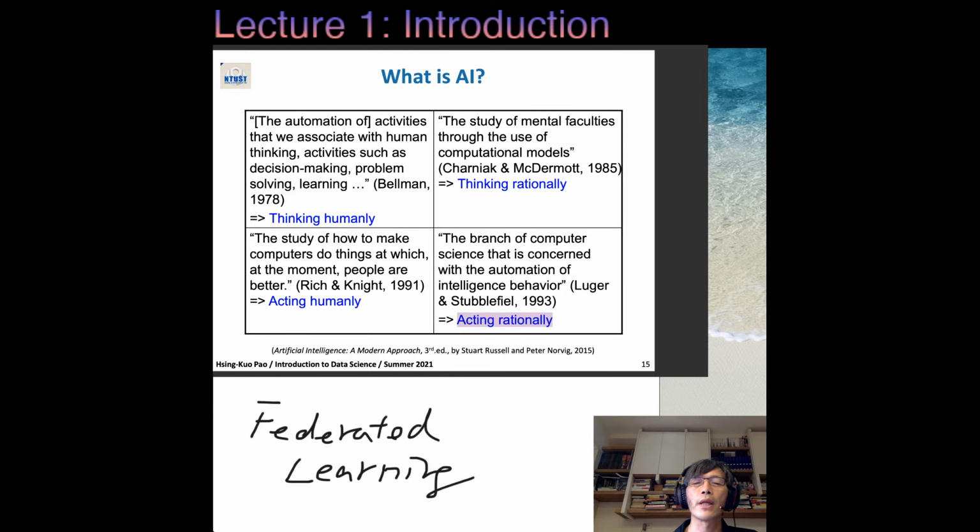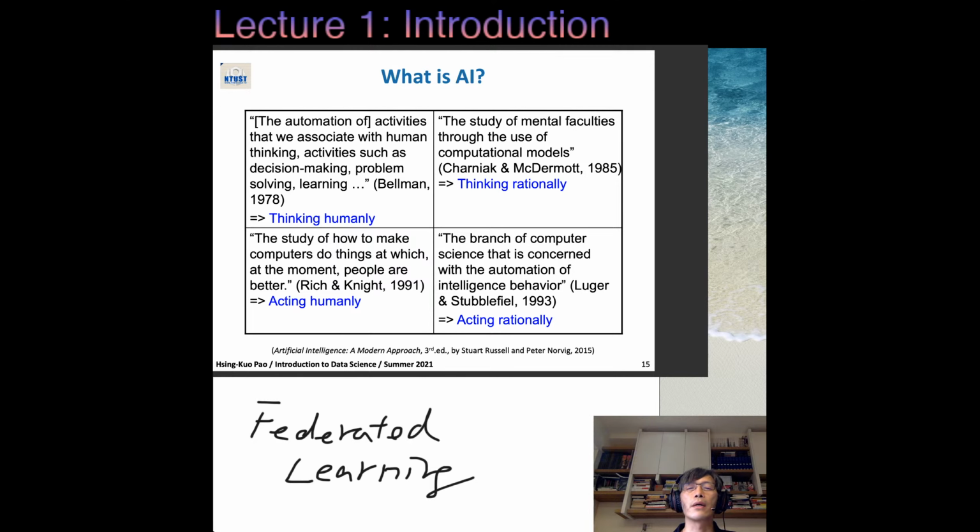Also I want to emphasize that between the left two cells and the right two cells, the right is more like rationally doing something, and the left is like doing something like human. So maybe we want to spend more time on rationally doing something rather than doing something like human,